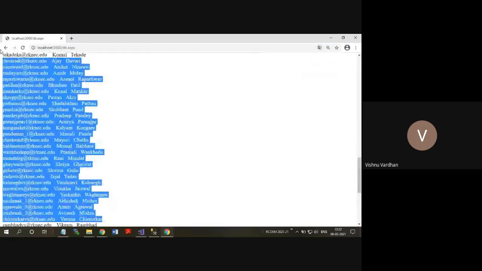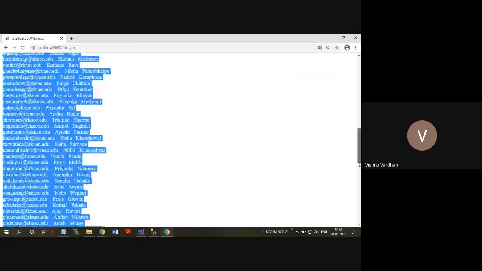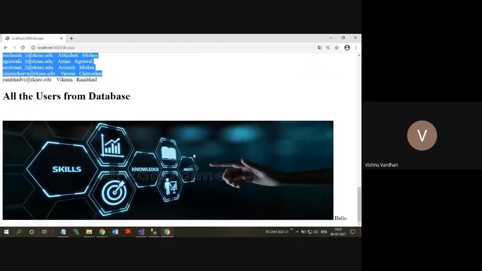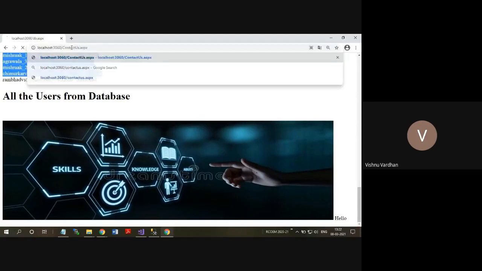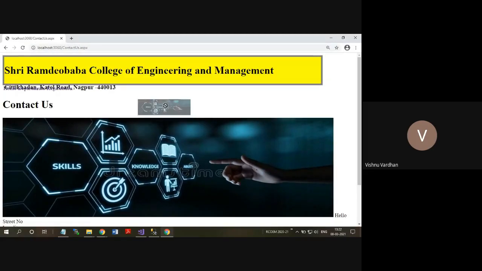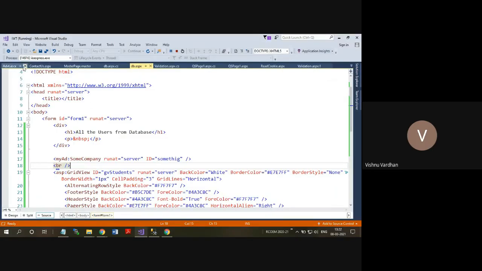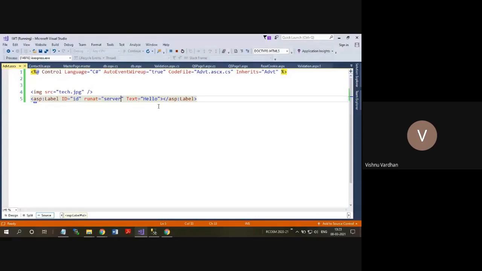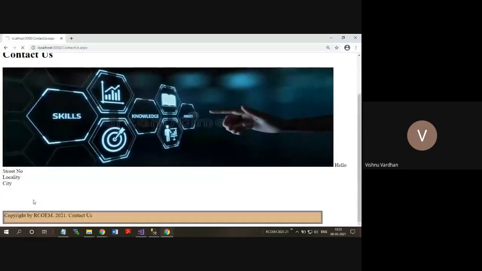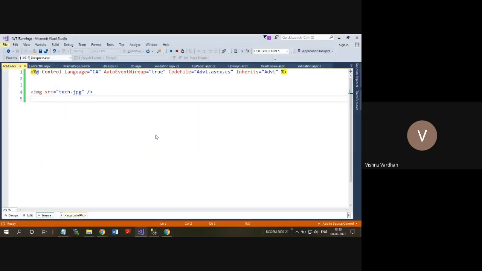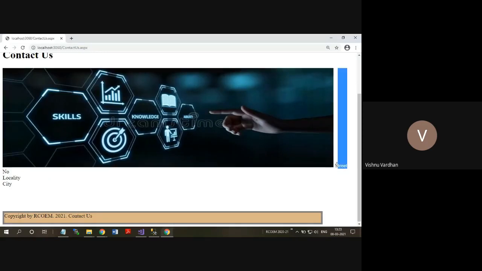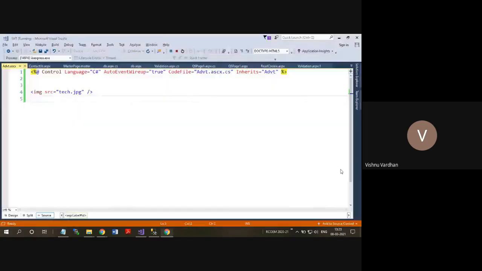This is coming from Response.Write, so that's why it is printing first, but your user control information is there. So in that way, across all the pages, you can have the same functionality served again and again. And if any change that you would like to have, that can be done at a single place. Suppose I don't want to have this hello to be called. So previously it was there, now it is gone. I have refreshed that, this is gone.